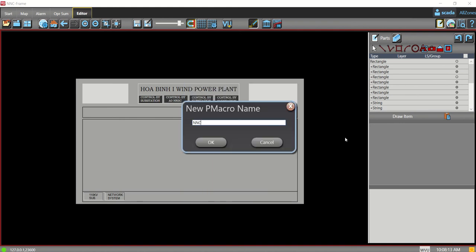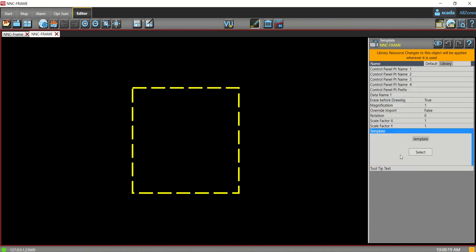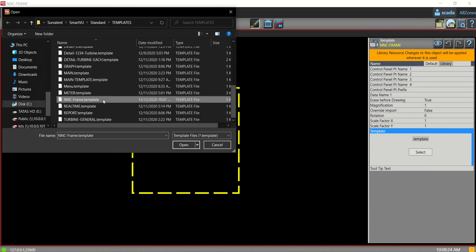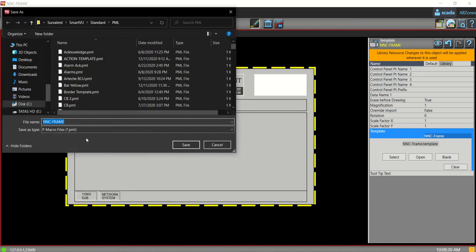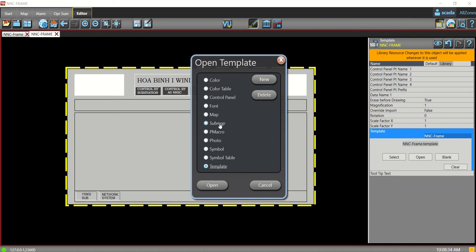Okay, you can type the same name, frame. Now you need to choose which template you want to use. The one that we just created is an NC frame, and it shows here. You can save it and save. Done. Now we start creating a submap. So submap, let's say this submap, click